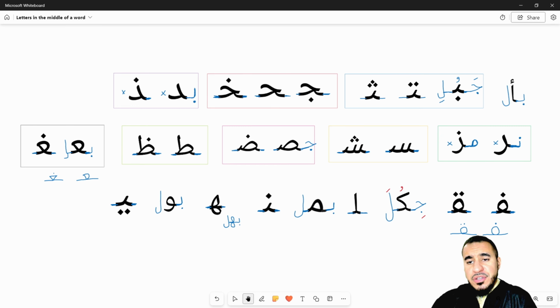So once you've understood this particular class, I want you to go to your Anki deck and unsuspend all of the cards which relate to how the letters look when they are in the middle of a word, okay? So all of the cards related to how the letters look when they are in the middle of a word, I want you to unsuspend all of those cards,